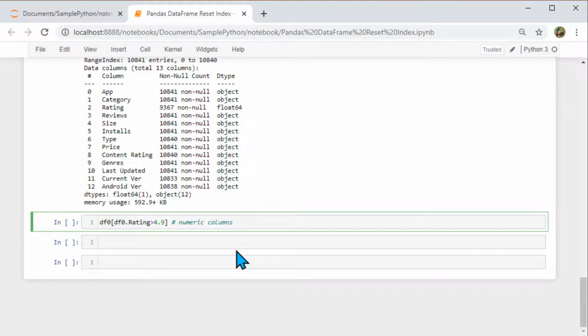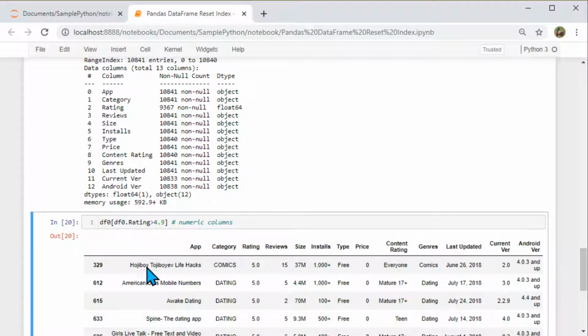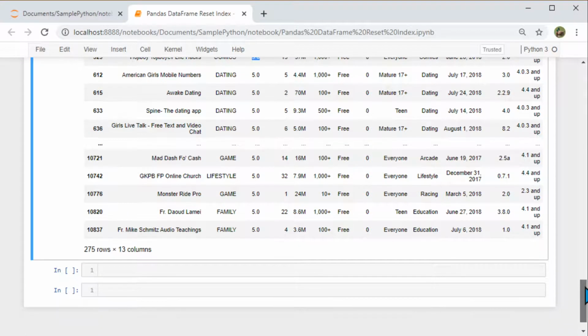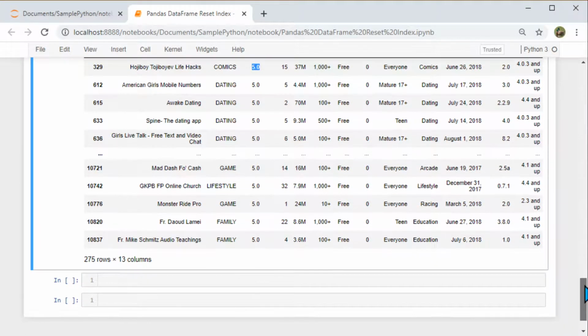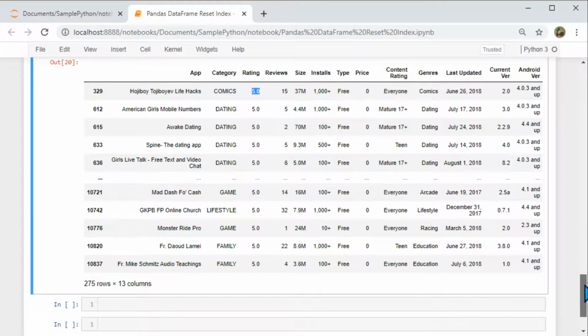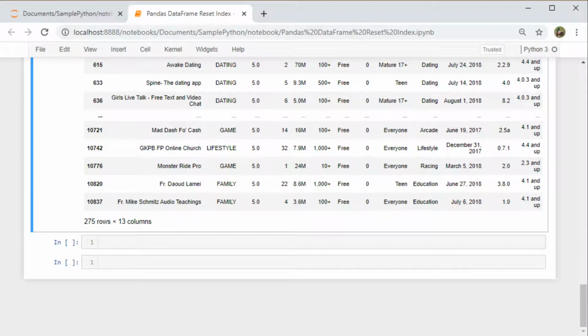Because it's a numerical field, we can do that. And if you notice here, all the ratings of 5 and basically 4.9 and above get displayed. So this is pretty much like SQL, where you can put a where clause and do a select, and it would show you 275 rows and all 13 columns that are available.